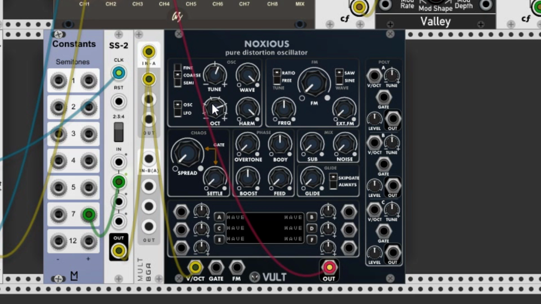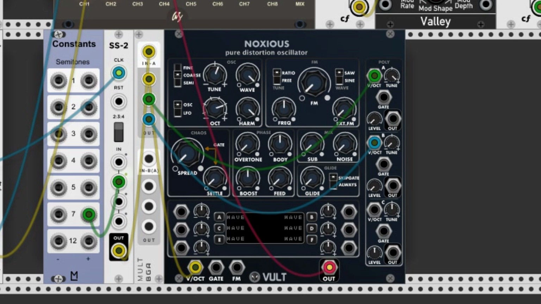So let's first turn the volume down of the first 2 extra voices. And let's raise the first one by 1 octave and lower the second one by 1 octave. And let's send the pitch information from the mult also to their volt per octave inputs. So now they are active, they are alive, and let's introduce them to the mix.